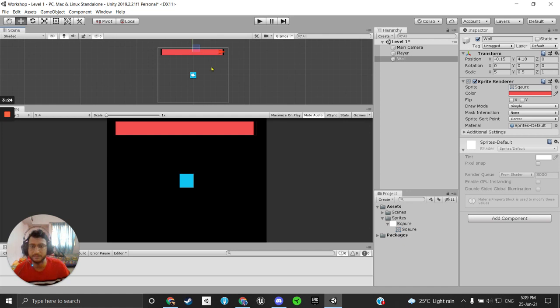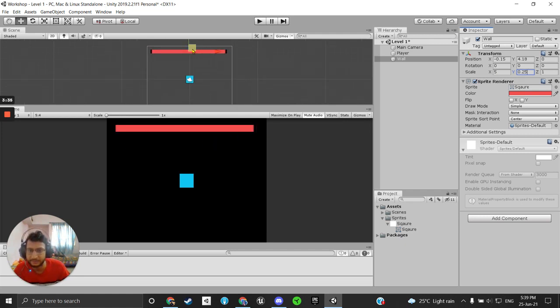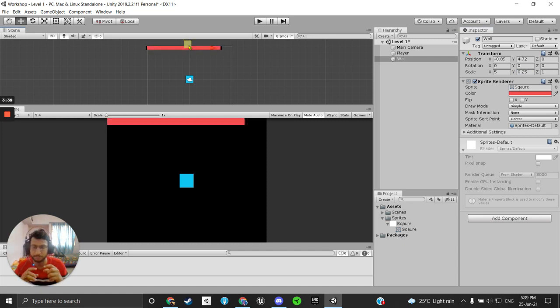So what I will do is make a boundary. I guess I can still reduce the size a little bit. Yeah, this is fine, 0.25. Anyways, that is looking cool. Quickly I will organize the wall around all my box. My game design says that there should be a player and there should be a wall around it, as simple as that. I'm just making the wall in such a way that it will